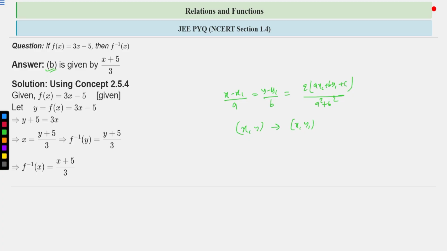You will take 2 or 3 points from the previous function, and you will get 2 or 3 reflected points from the line ax plus by plus c. And after getting the 2 or 3 points, you will easily find the function, right? So this is the only way you can do. Got it? And if you just have to simply find the reflection of any function with respect to line y equal to x, then you can directly find the inverse of that function, right? You'll get the reflection of that function with respect to line y equal to x, right? Understood? Okay, let us move to the next question.